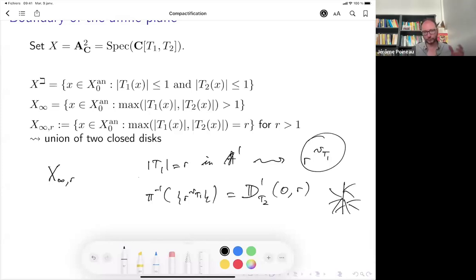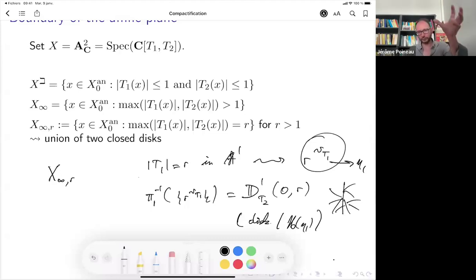So this is one disk, and of course, if you project onto the other coordinate, that's the first coordinate, you find a disk. So if this point is, I don't know, like this point is eta 1, then this point is a disk over the residue field of eta 1.